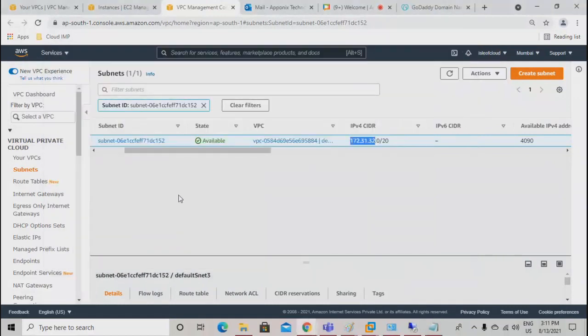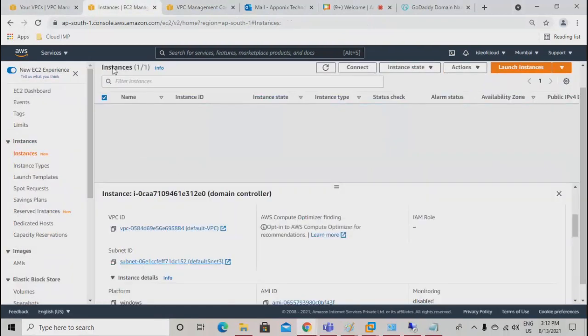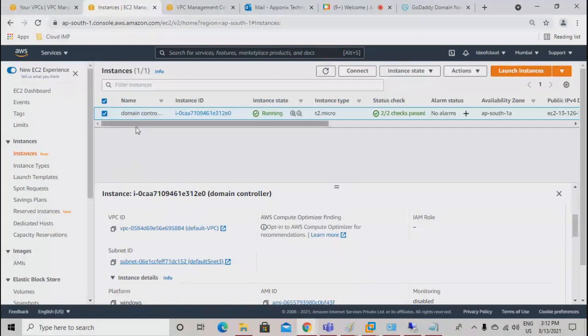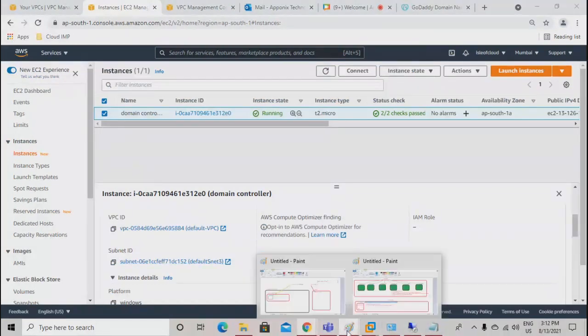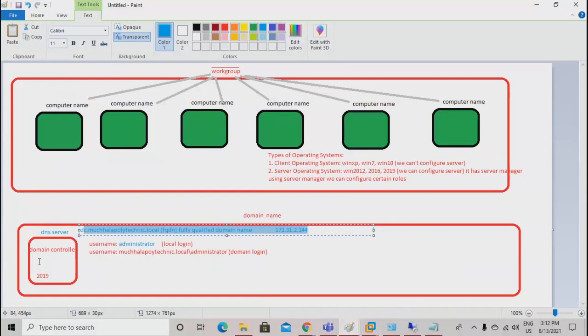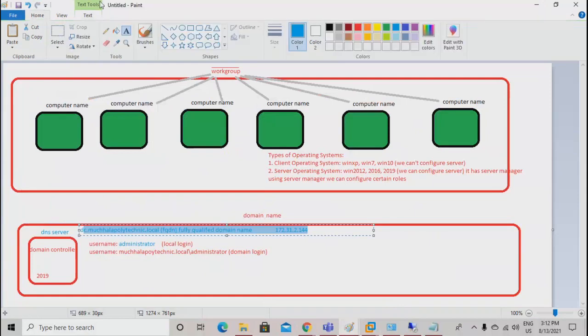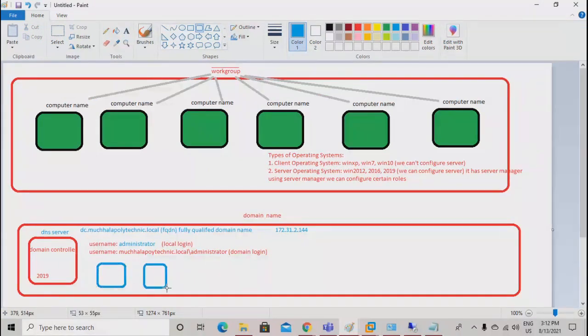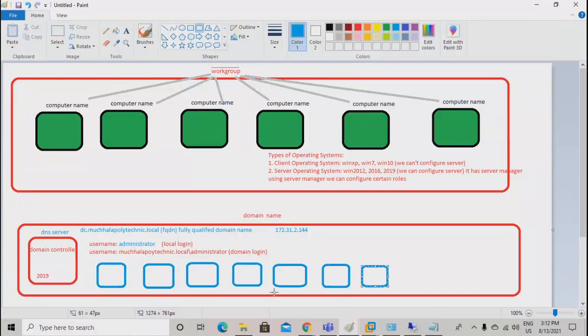Now, what you do once you have a domain here, you have created a domain. Now, another systems, this is your domain controller now. If I'm trying to add another system, I have to make another system the member of domain. These all systems have to make member of domain because by default they are all member of work group. So how do you make them member of domain? Okay. Now what you do is one of you please share your screen. We will see that option.